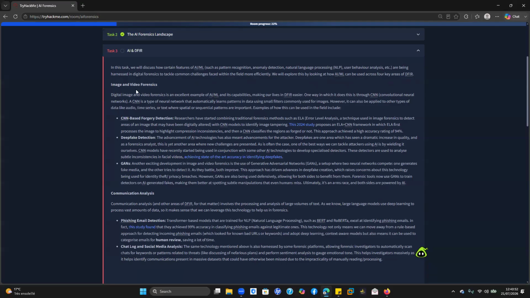So for image and video forensics, digital image and video forensics is an excellent example of AI and machine learning and its capabilities. Now we have what they call a CNN. A convolutional neural network is a type of neural network that automatically learns patterns in data using small filters, commonly used for images. However, it can also apply to other types of data like audio, time series, or text where spatial or sequential patterns are important. Examples of how this can be used in the field include